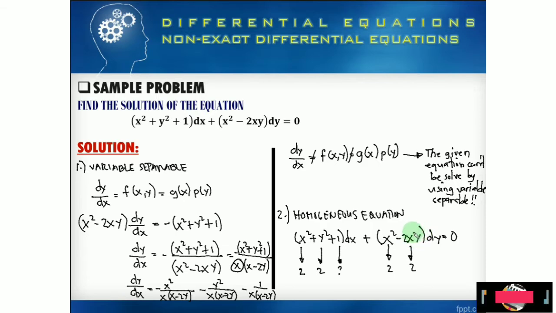So if you sum up, 1 plus 1 is 2, so that is why it is also a second degree. But this does not comply with this homogeneous criterion of having the same degree in its terms. So that is why this can't be solved